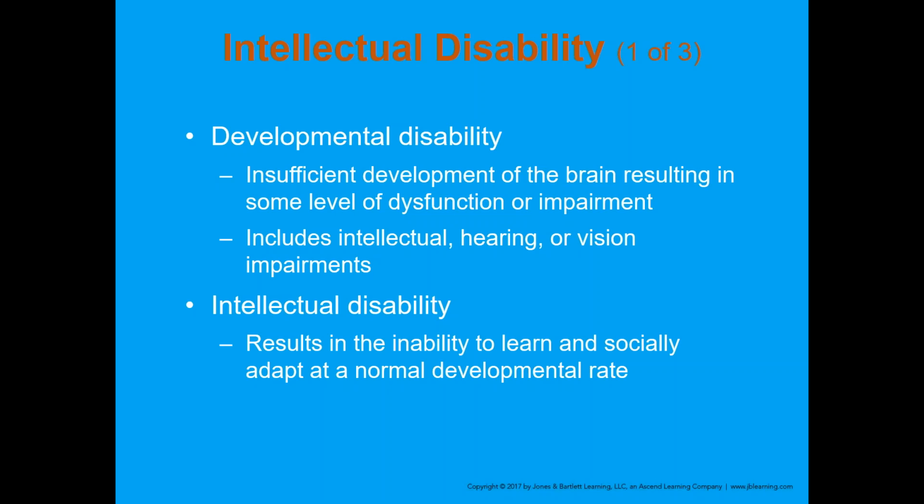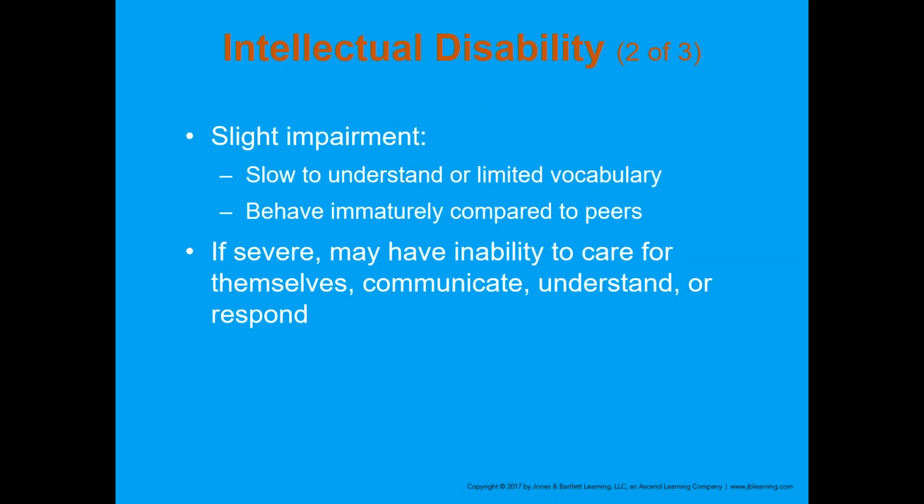Again, most of these people can function at home just fine. They also may have a caregiver with them. With that, again, when we talk about sample history, gather that from bystanders on scene, people who know them. Don't just leave it to that specific person, because they do develop a little bit slower, like it says. So when it's slightly impaired and it's that slow to understand or limited vocabulary, like we just talked about,